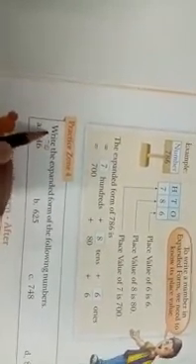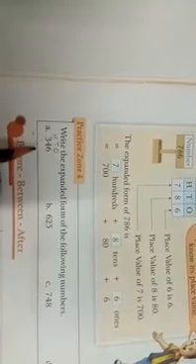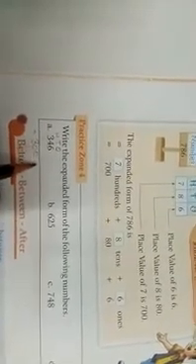Now let us solve this practice zone 4. Write the expanded form of the following numbers. So see, this is 346. So how are we going to write? See, first we will write here only ones, tens, hundreds. It will be easy for you to write. Now 3 is 300, plus 4 tens means what? 40, plus 6 is on the ones place, so it will be 6.